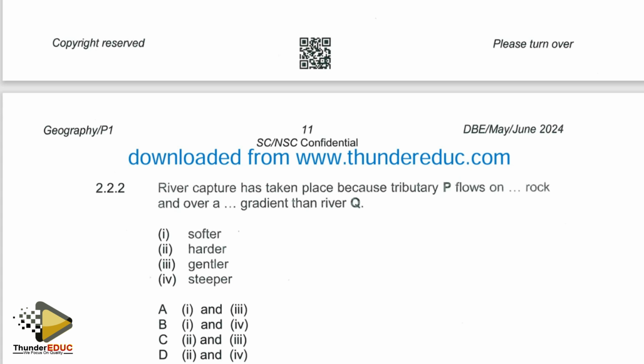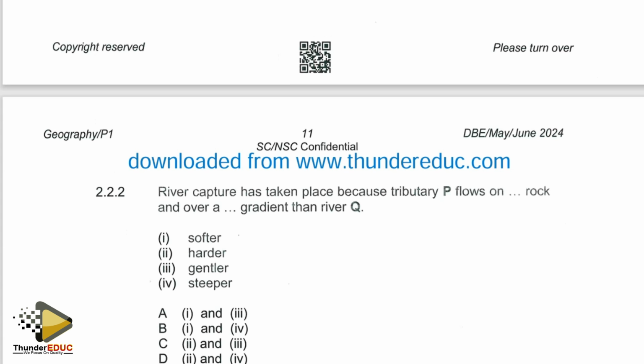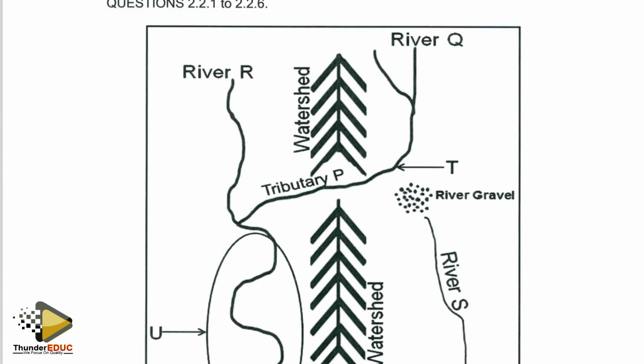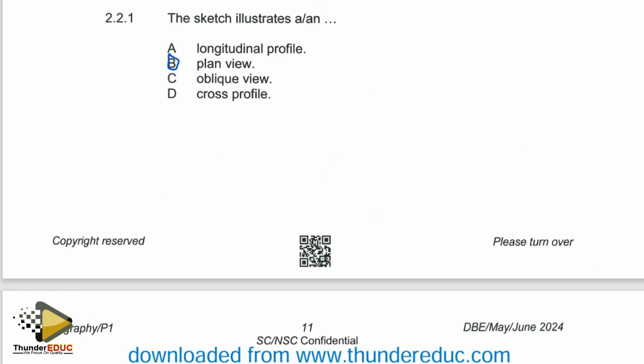And remember, the energetic river is usually the one which is on lower ground, which is less elevated. It cuts through headward erosion until it cuts through the watershed and intercepts the headward waters of the less energetic river on an elevated platform. So in this instance here, if we check our tributary P, if we try to figure out using that argument, we can say